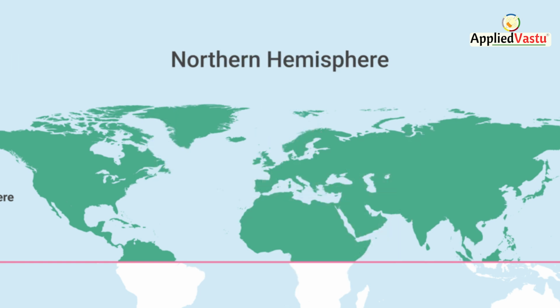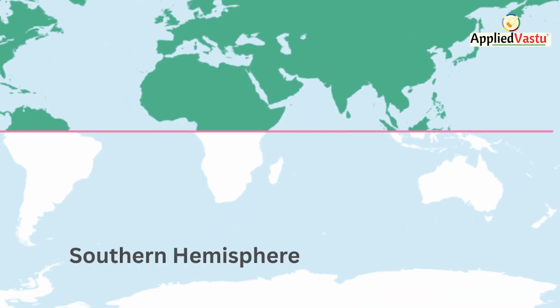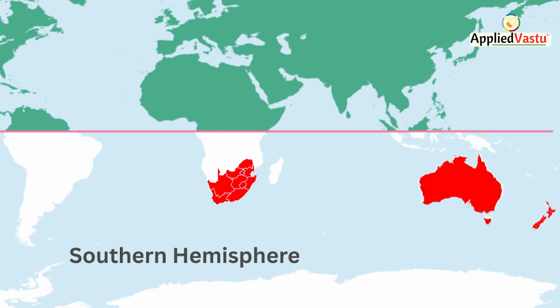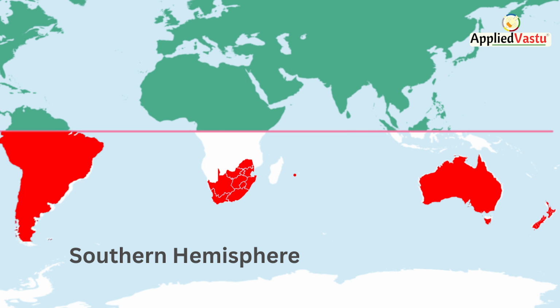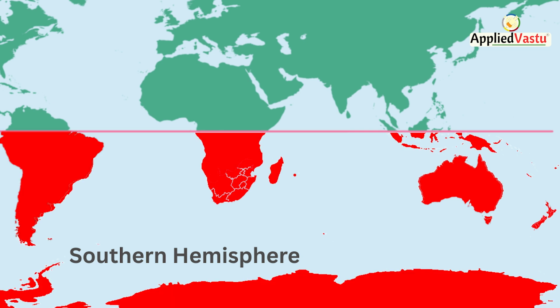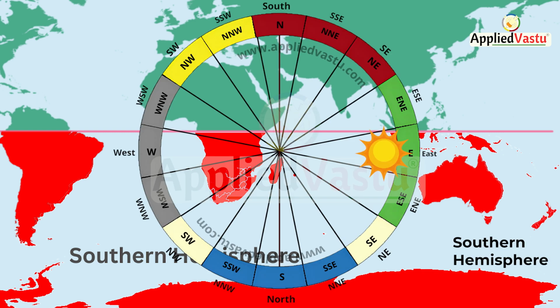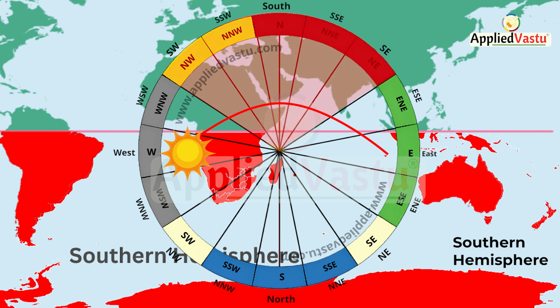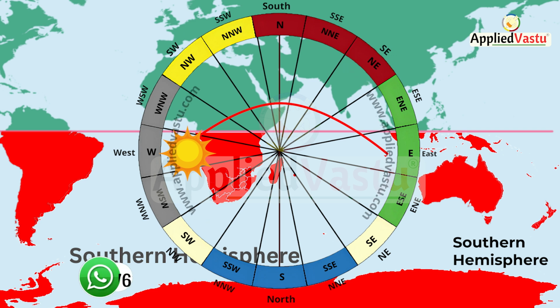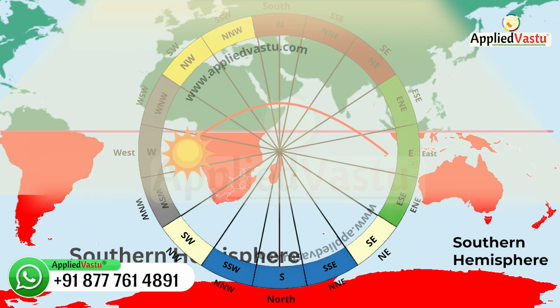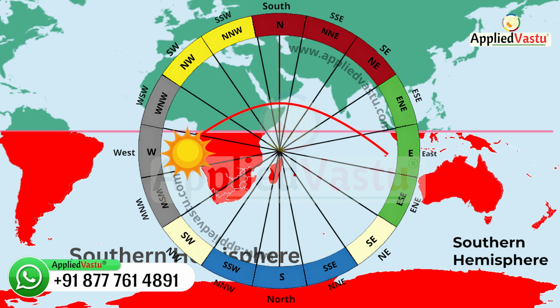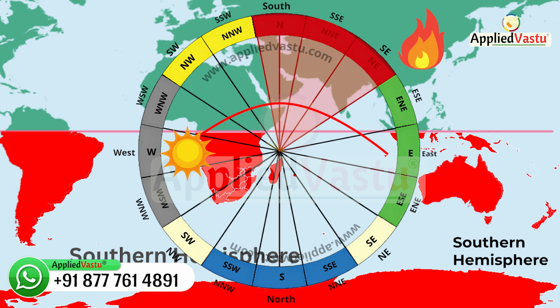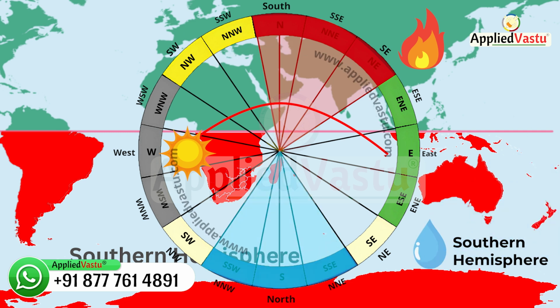Now coming to the Southern Hemisphere, which includes Australia, New Zealand, South Africa, Mauritius, and South American countries like Argentina and the southern part of Brazil, here too, the sun rises in the east and sets in the west, but it passes through the north, which you can clearly observe during winter. In the Southern Hemisphere, since the sun's rays fall more directly to the north, the northern side becomes hotter compared to the south. As a result, in the Southern Hemisphere, the north and northeast are treated as fire zones or fire element, and the south becomes the water zone or water element.